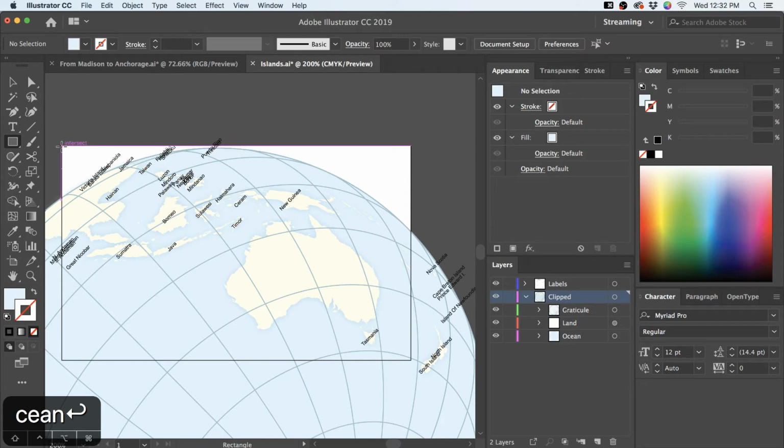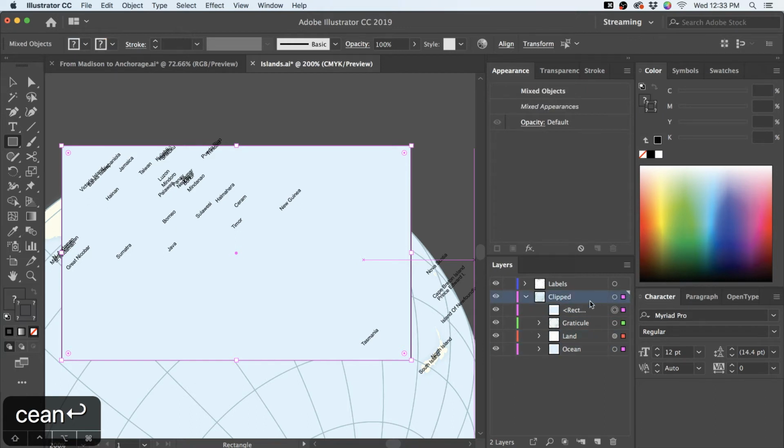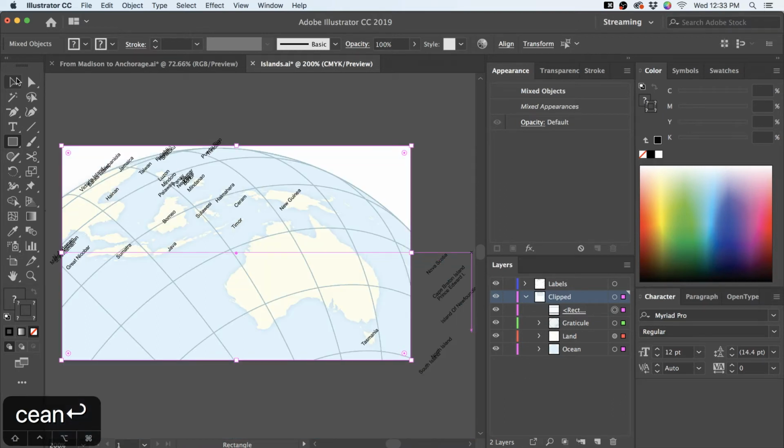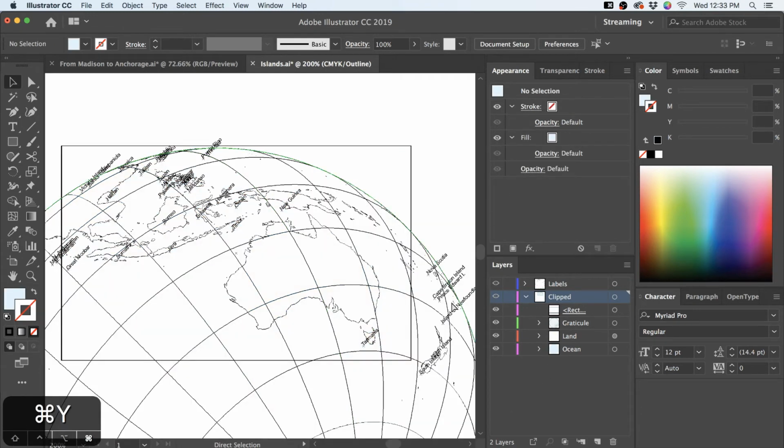I'm just going to use my smart guides to get this where I want it, matching my artboard pretty well. Again, it's the top thing on my clipped layer, so as long as I highlight clipped, which is not selecting, there need to be two words for what happens when you click a layer or an object and highlight its name versus when you actually have it selected. But if I just highlight clipped, it doesn't matter what I have selected, nothing at all could be selected. I hit that button, and now everything's gotten clipped. It's all there. If I look at outline, it's still hiding out there if I want to change.